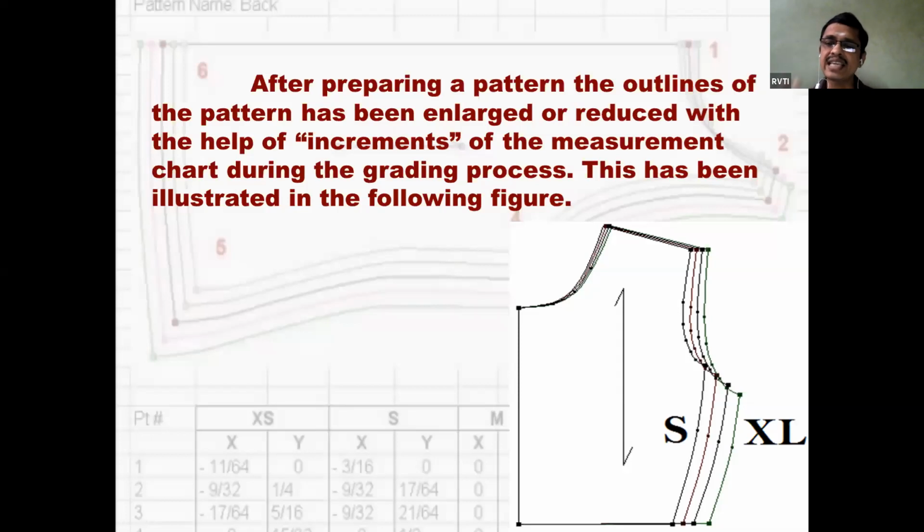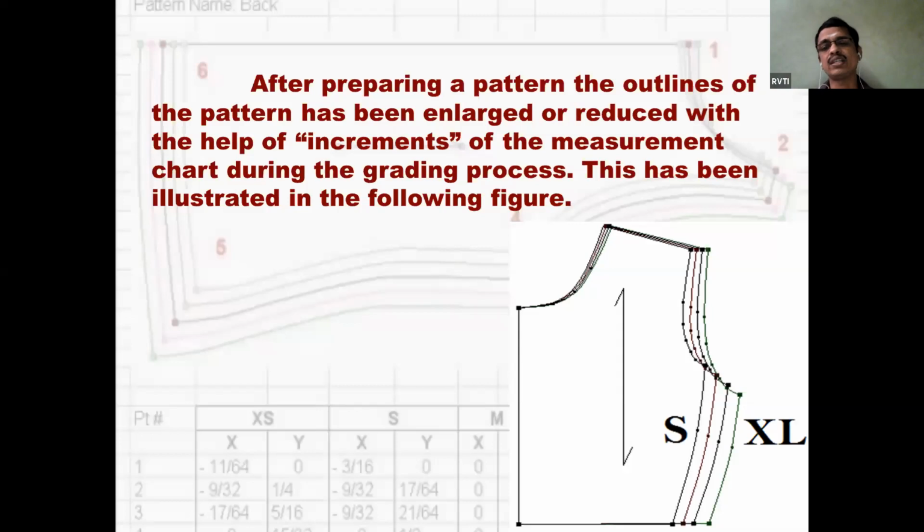And the same basic construction lines can be used for drafting the L size, M size and XL patterns also. So we need not draw again and again. If I draw the S size pattern, the S and M sizes will differ only this much. So I can just apply the difference: how much the M size neck varies from the S size, how much the shoulder varies from S to M. In that way, I can just apply the increment, which is called an increment. We are going to discuss that in the next video.